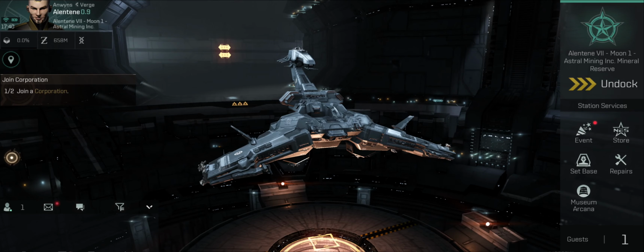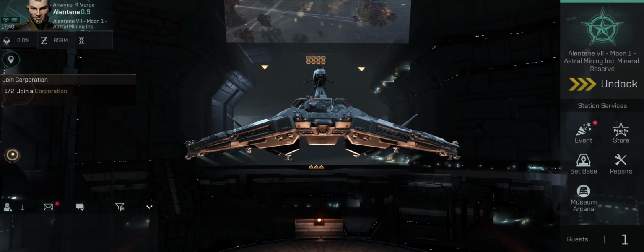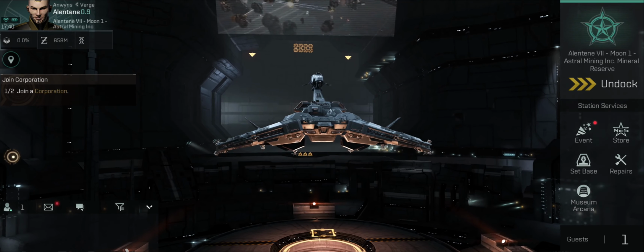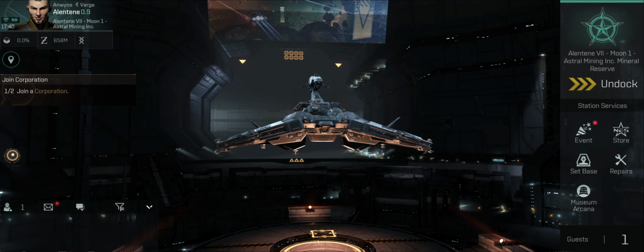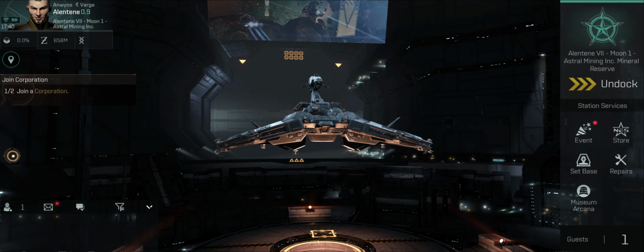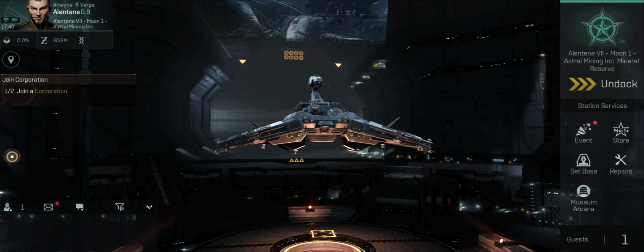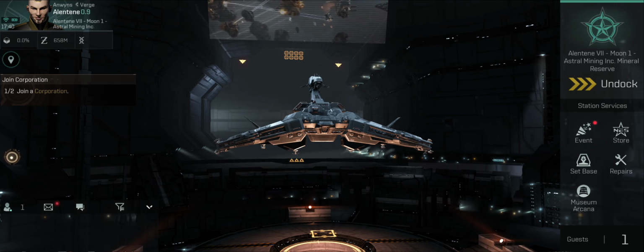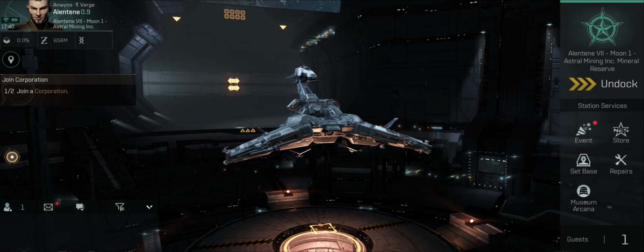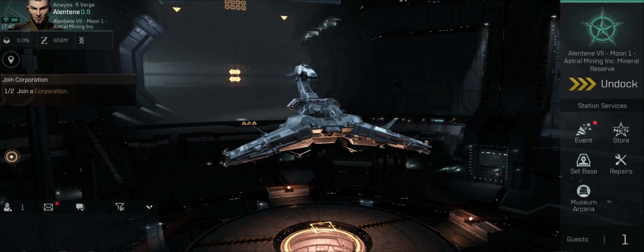Hello everybody, Savat the Mighty here, and I'm back with another Eve Echoes video. I'm in the Fulmination test server once again, and today we're actually going to be taking a look at a ship that nobody requested. Not one person. Nobody in all of the chats that I was ever in, or any of the comments, ever mentioned this ship. So, I figured since nobody at all ever mentioned this ship, I would go ahead and take a look at